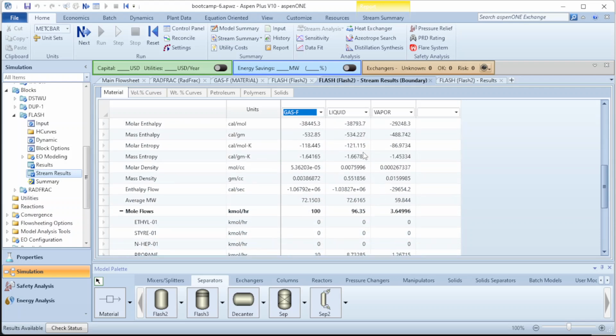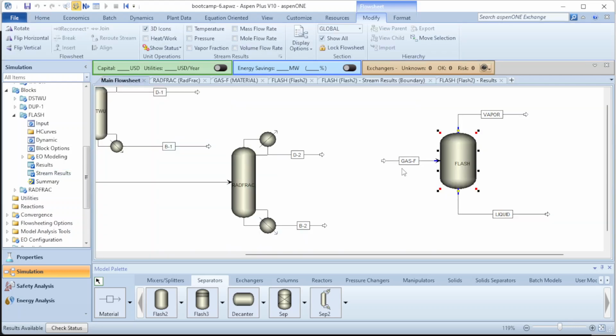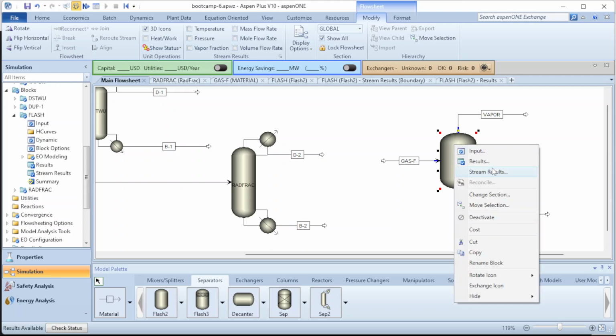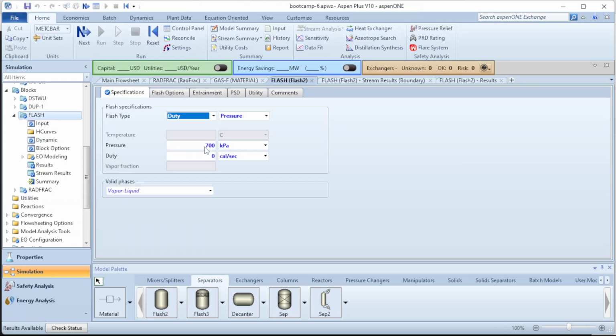So the work that I'll give you is to perform sensitivity analysis on the block pressure. You are going to change the block pressure from 100 kilopascal to 1000 kilopascal